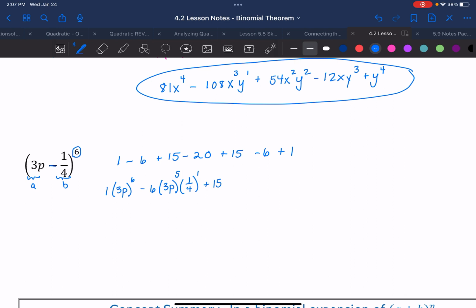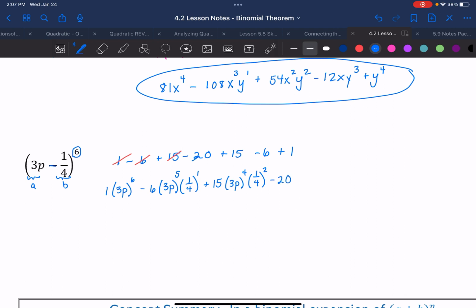Plus 15. If it gets confusing, you can start marking off what you've already completed. So we'll have plus 15 times 3p to the 4th power times 1/4 to the 2nd. Notice my 4 plus 2 gives me 6,